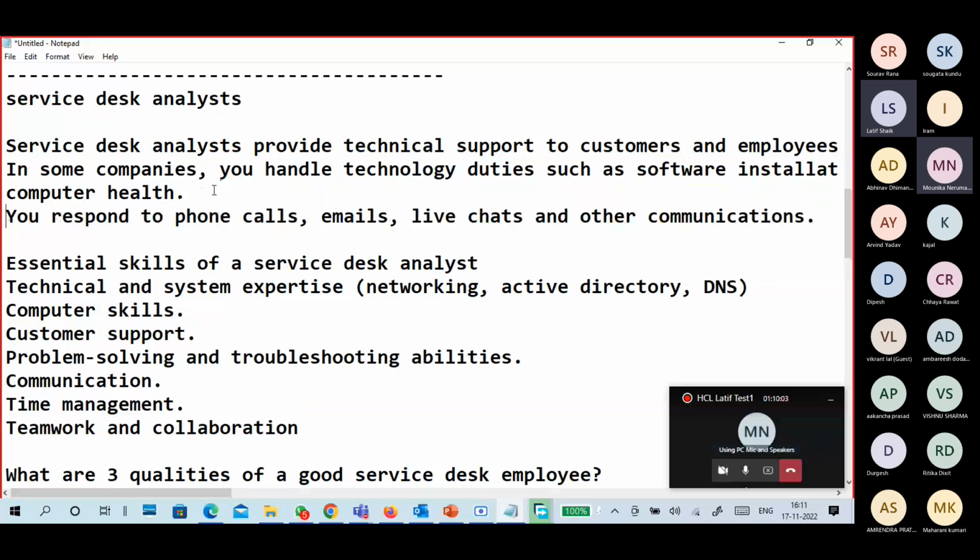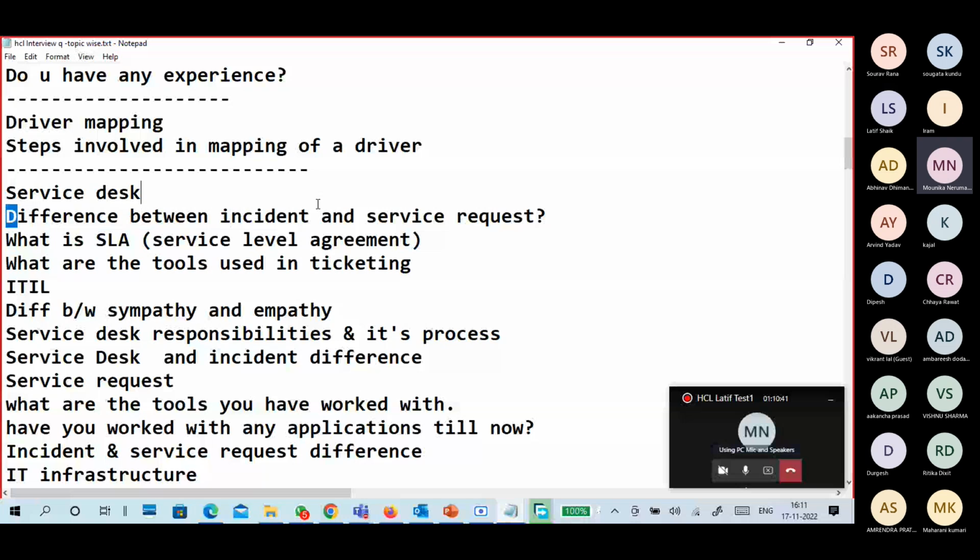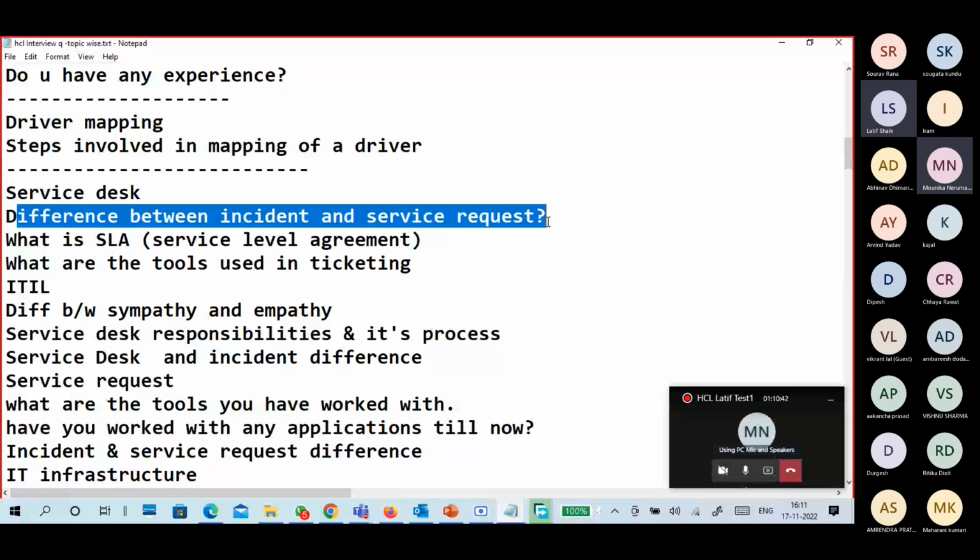Like VMC, Elix, Freshservice, Zoho, or ServiceNow, that kind of stuff. This is also one of the important questions, guys. Difference between incident and a service request.